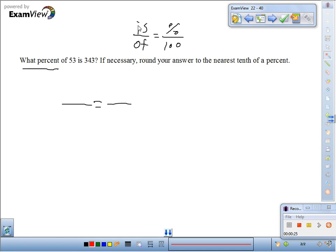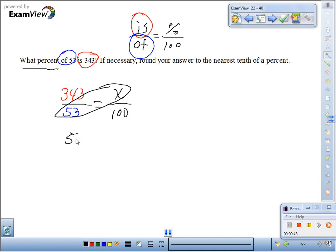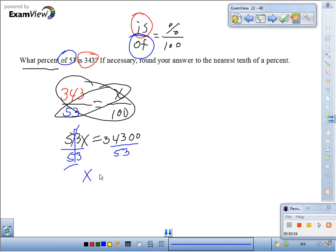So is, do we give an is? Yes, it's 343. Do we have an of? Yes, that's 53. Well, it goes here, 100 and here is x. So cross multiply, this is 53x equals 343 and 2 zeros. Divide by 53, divide by 53. X equals,